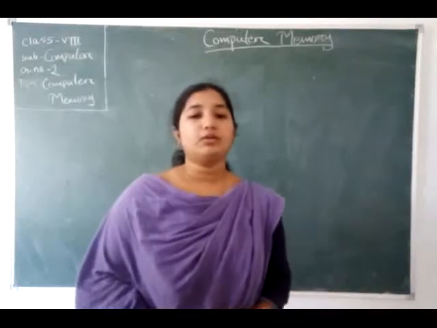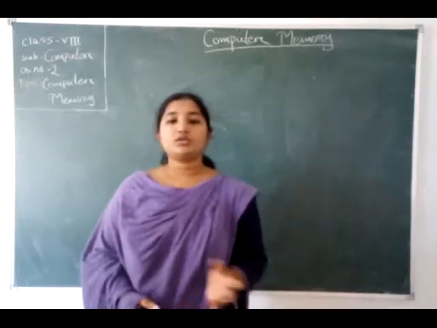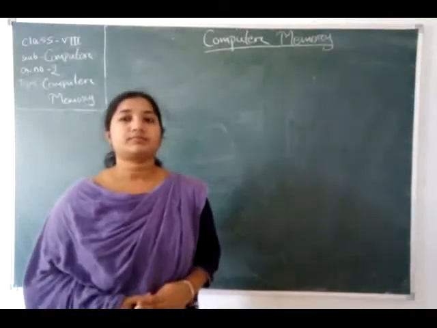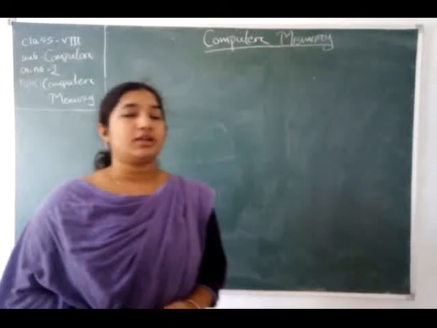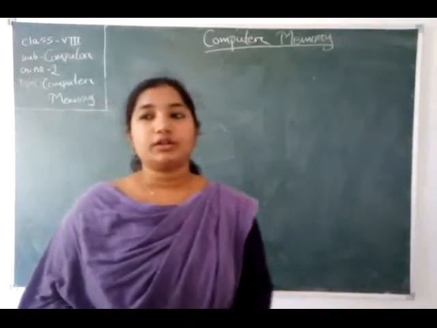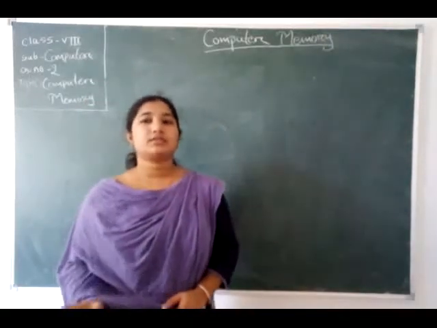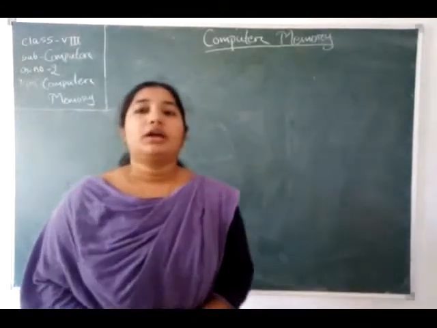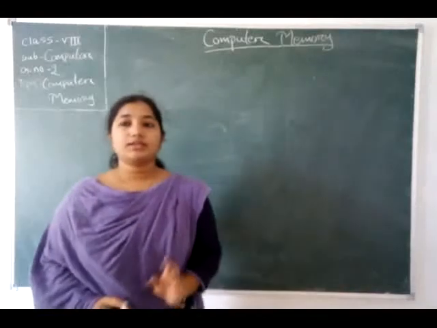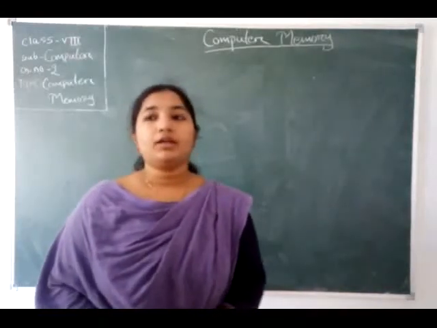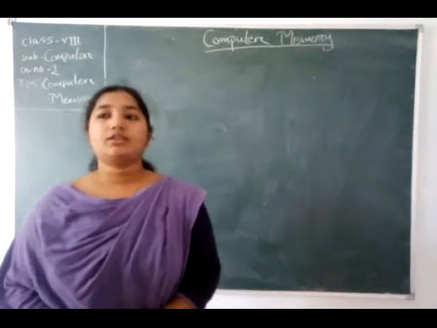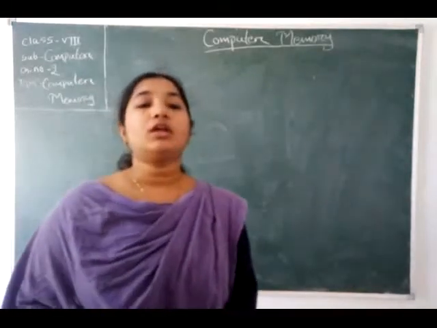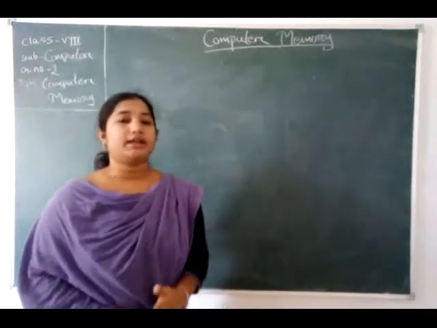Computer memory is like the human brain. Like in our brain we store so many things, like what we study, those things are stored in our brain only. Computer memory is also like the human brain. It is used to store data and instructions, meaning the computer stores its data and information in the computer memory. A memory is the storage device, the storage space in the computer where data to be processed and instructions required for processing are stored. Meaning whatever information the computer requires for processing, all that data is stored in the computer memory.